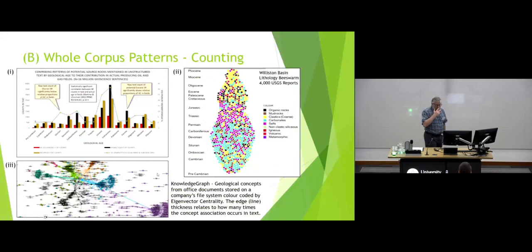And again, it's through NLP we can mine quite large data sources to extract this additional data source. So sticking with the counting theme, but a little bit more complicated. The histogram is 16 million sentences from the US Geological Survey. We've got Precambrian on the left, Pliocene on the right, and the black is the number of occurrences of evidence for source rock, in the hydrocarbon sense. So it could mention source rock, or it could mention something like organic rich black shales. You can define, say through knowledge engineering or machine learning, your semantic space, and it's just counting it.